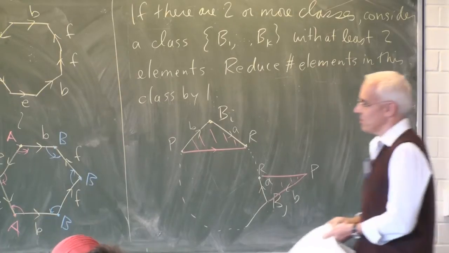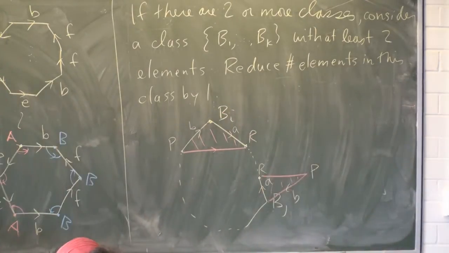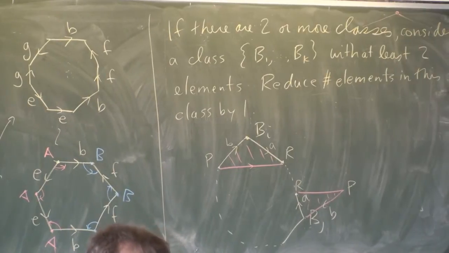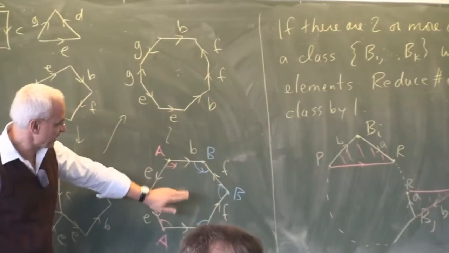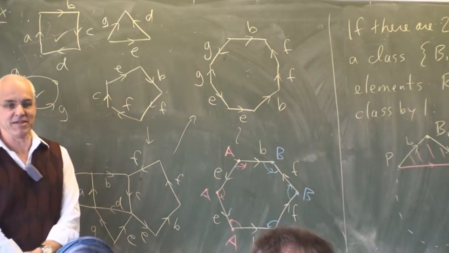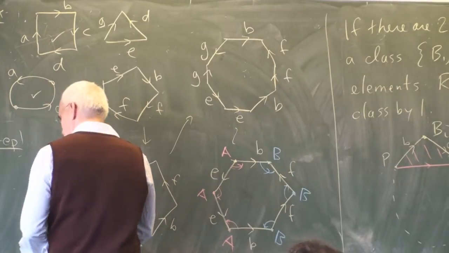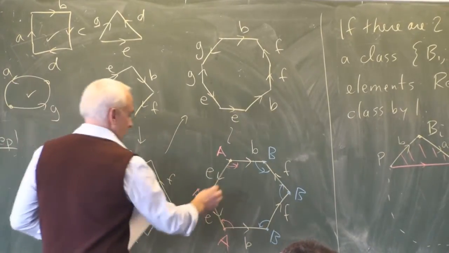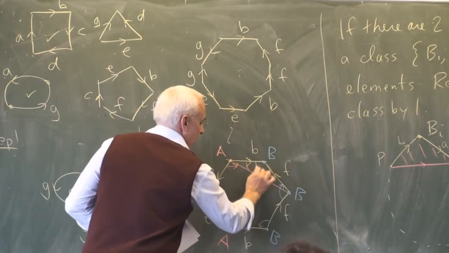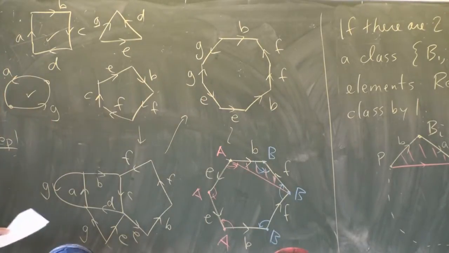That's our basic strategy. Let's just have a look at what it would look like for our example there. In this example, let's decide to eliminate the B's. I'm going to choose one of the B's. It doesn't really matter which one. Let's lop off this top one here. I'm going to lop off that triangle.